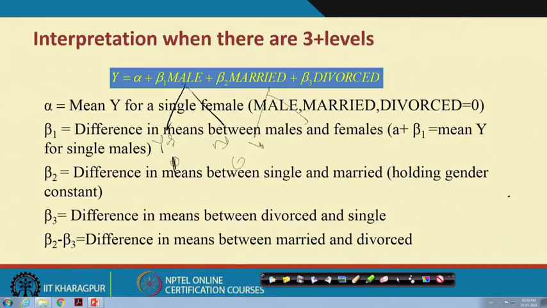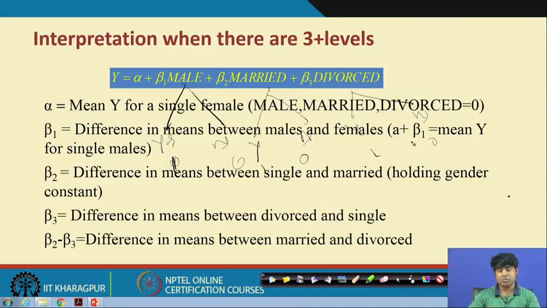Similarly, married, yes no, again we can put 1 0, and then divorce, yes no, so yes no, and then we can actually put 1 0. So, like this, obviously, the structure is in such a way that you can understand very clearly, and then you can actually connect with the estimated model, so that you can get to know what exactly the difference is between these variables, with respect to male, married and divorce. So the interactive effect will be male married, or female married, or male divorce, female divorce.